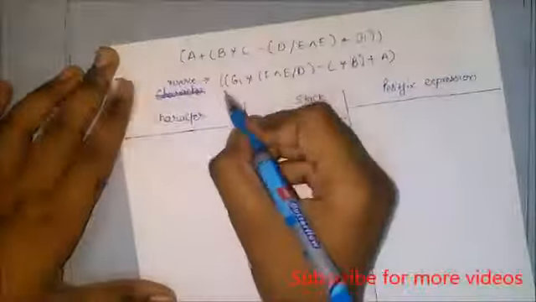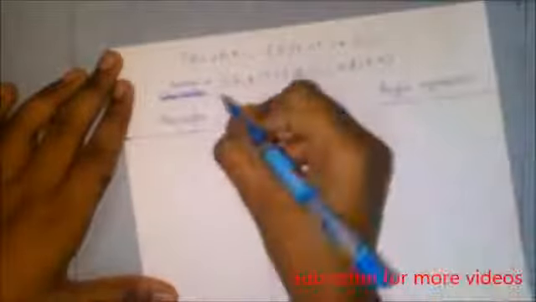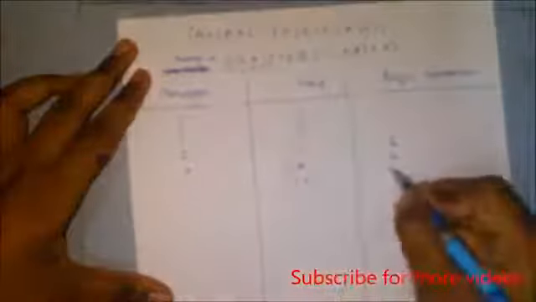After that, we start scanning it from left to right. Firstly, we encounter the left parenthesis, so we add it into the stack, and the postfix expression will be empty. Again a left parenthesis, so we add it into the stack, and the postfix expression is empty. After that, we encounter the g operand, so the stack will be as it is and the postfix expression will be g. After that, a multiplication operator, so it will be added into the stack and the postfix expression will be as it is.